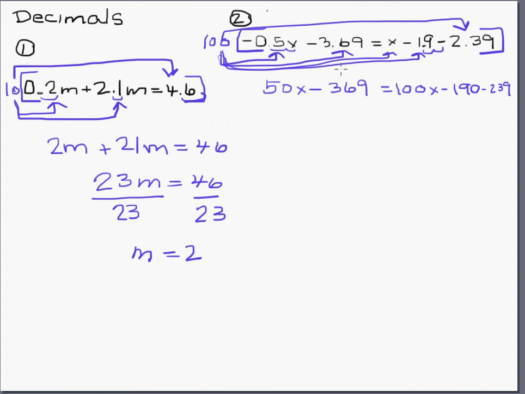Let's put these like terms on this side together. So we're going to write 50x minus 369 is equal to 100x, and negative 190 and negative 239 will yield, let me see,